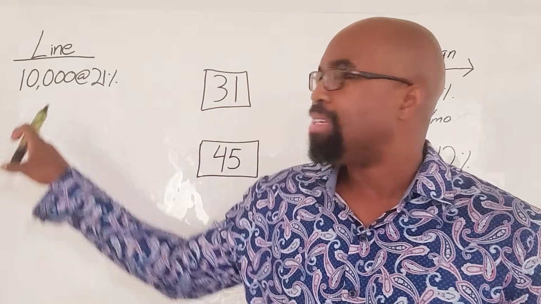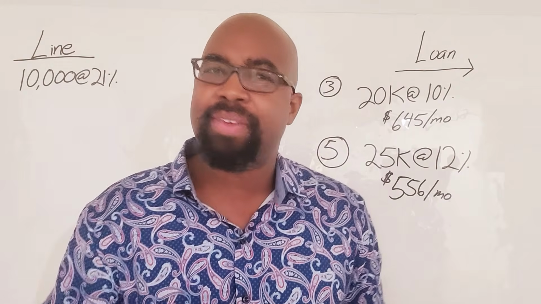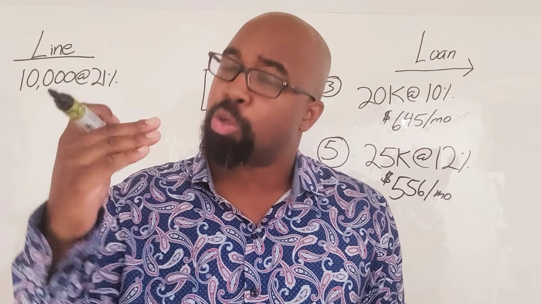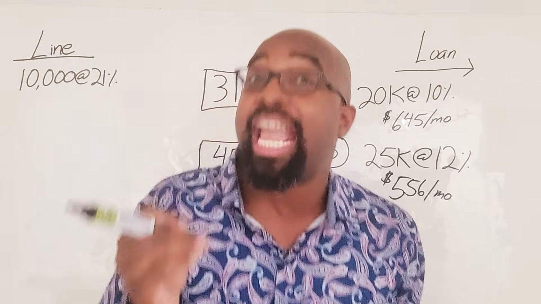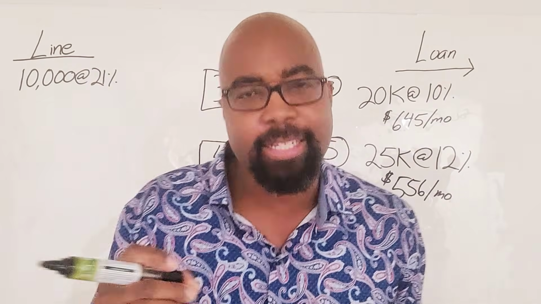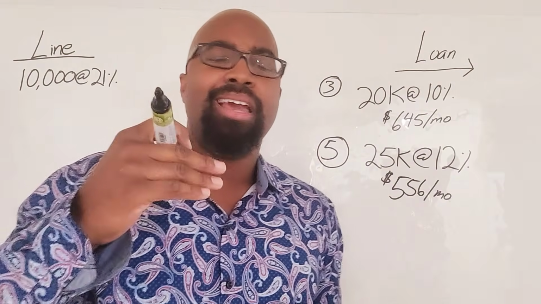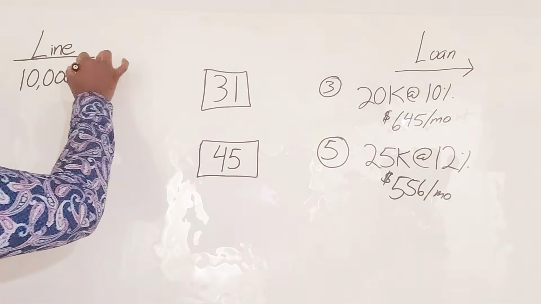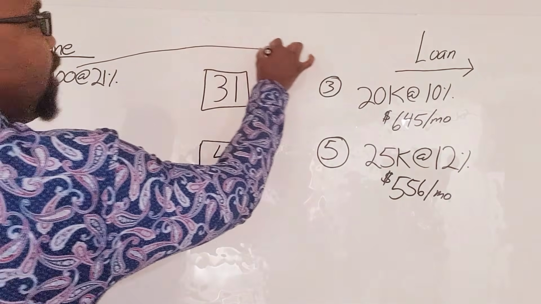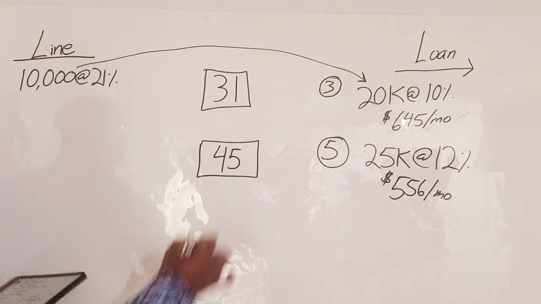Now, $10,000, what are we going to do with that? We've got it. We're not doing a thing with it. That's going to make the lenders mad, and that actually works against you. You need to be using your lines of credit wisely. Keyword, wisely. All right, so let's go ahead and make sure that we're using our money, that we are making it work for us. We're going to deploy this $10,000 all the way to this cash flow sucking loan, which we've determined with the cash flow indicator,